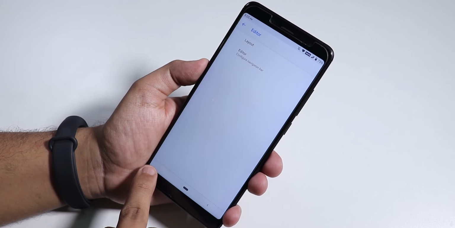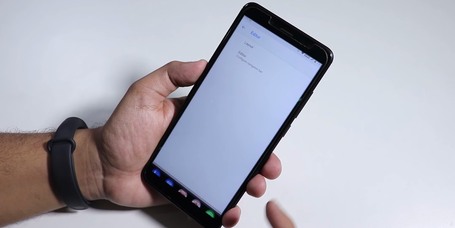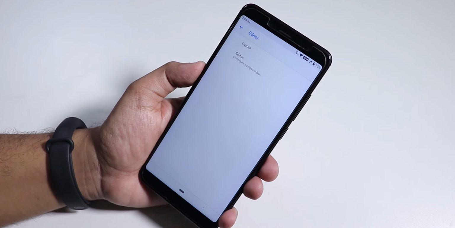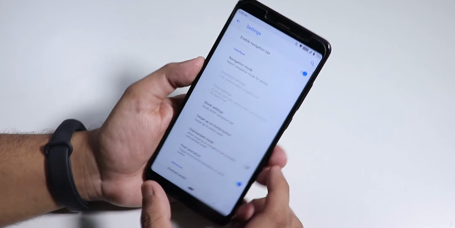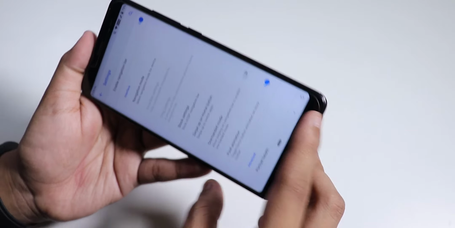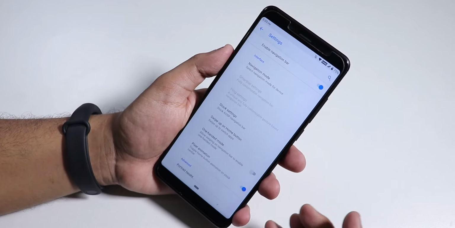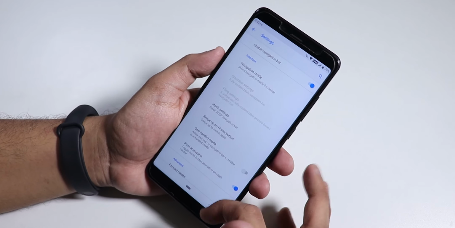As you can see, I'm touching the far left side of the nav bar, it still goes home. So that is one bummer. And one thing, the Android Pie like rotation option appears over here. As you can see, it is there, but it does not appear to the left right now, it appears to the right. I think you can change it, yeah, but that's how it is when you change the back button